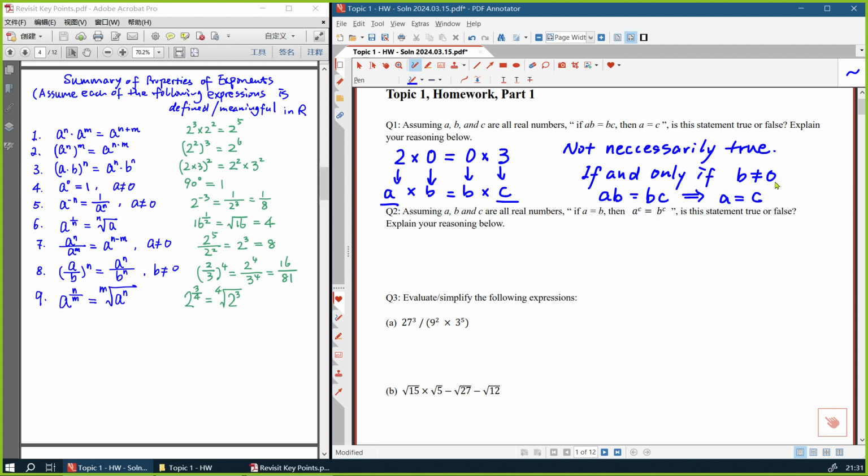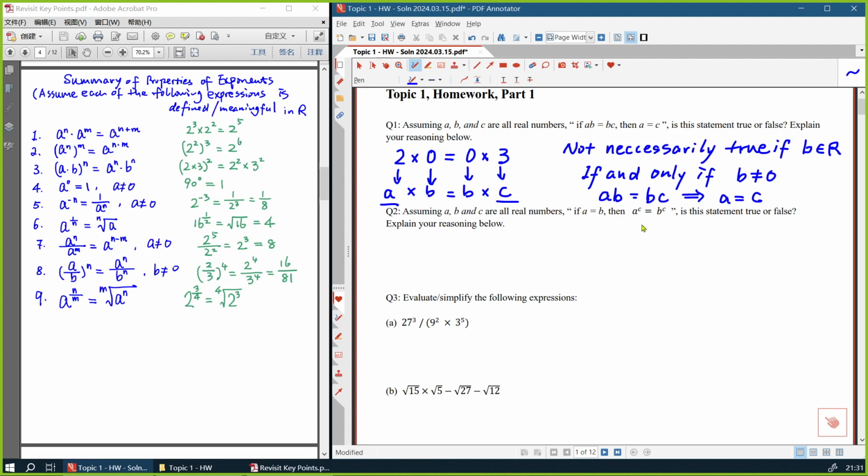Okay? So it's not necessarily true if B belongs to the real number set. If there are no constraints, this statement is not necessarily true. Can you follow me? Okay, then number 2, assuming A, B, C are all real numbers, if A equals B,